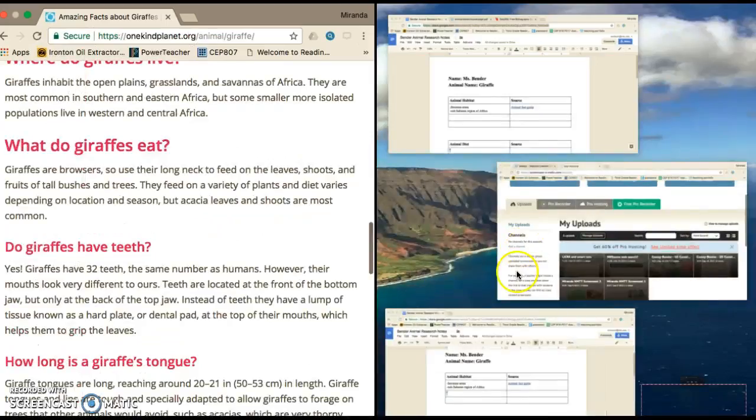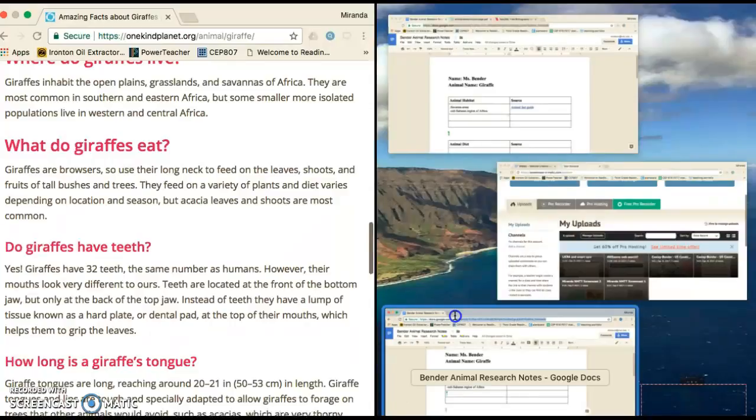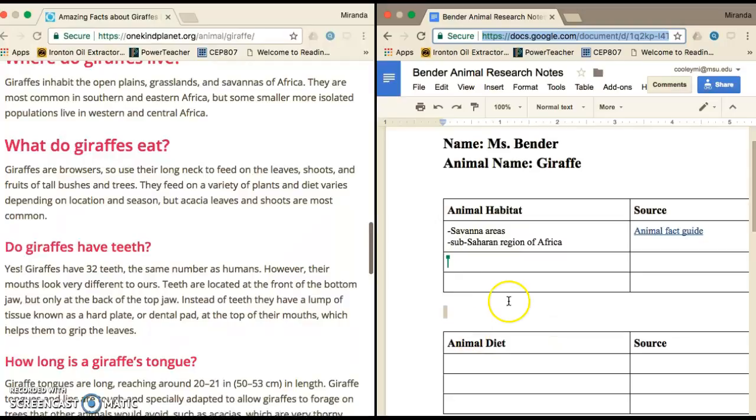So what I'm going to do is hold that green button again until it gets smaller so that I can split my screen with my notes. I'm going to click my notes here. There we go. And then I am going to go down to animal diet, and I'm going to click the box, and I'm going to use what they eat here, and I'm going to just bullet them so I know